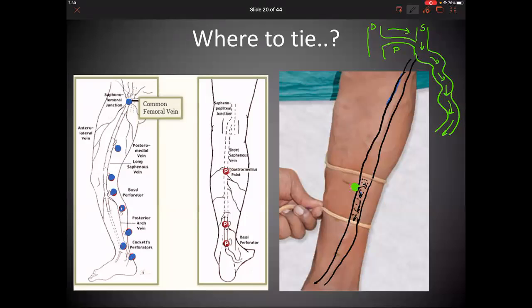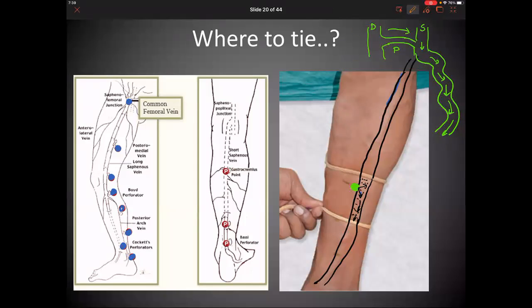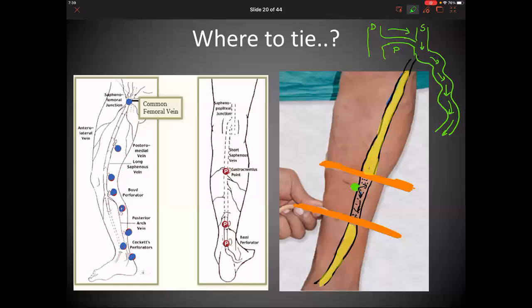So why do you tie many tourniquets? For one single simple reason. If you tie this tourniquet, this is the tourniquet that is tied. Remember, in between the two tourniquets, even if there is blood in this vein, blood cannot come down beyond the tourniquet or go up from the vein. So that also logically means that only on one condition, an incompetent perforator, will the vein get distended. I will again repeat,